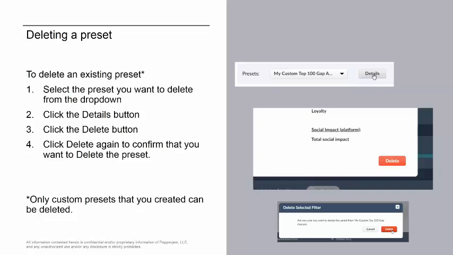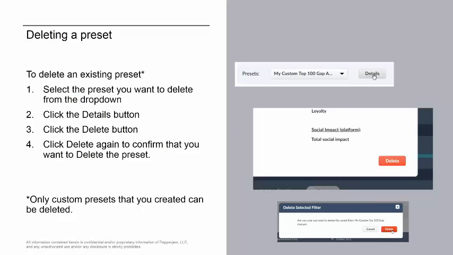Now, let's say you wanted to delete a custom saved preset. Similar to before, just select it from the dropdown, click the Details button, click the Delete button, and confirm. And after that, there is no more preset. It's gone. Just note that only presets that you saved can be edited and deleted. So like a global preset such as the Top 100 Gap Analysis Report, that's something that you wouldn't be able